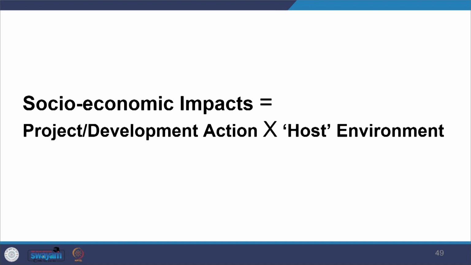It's important that you collect data on both these aspects: the project activities, the character of the project, and the character of the host environment, and how those are going to interact. You need to collect that data and see what will really happen. So that is what is targeted as the baseline